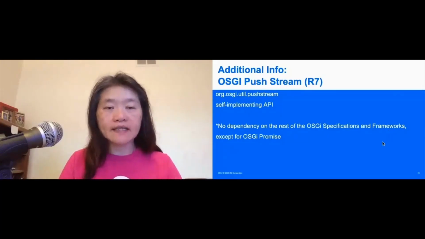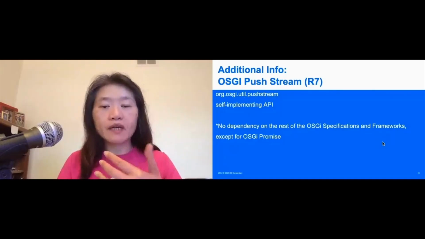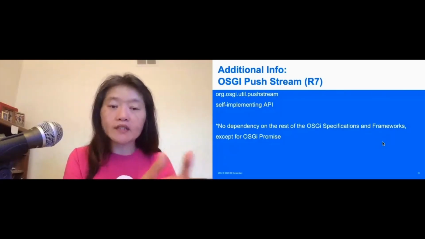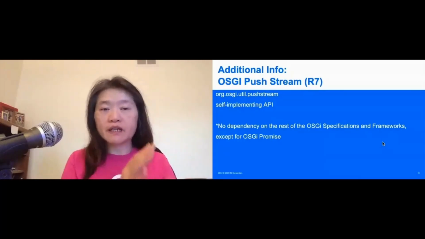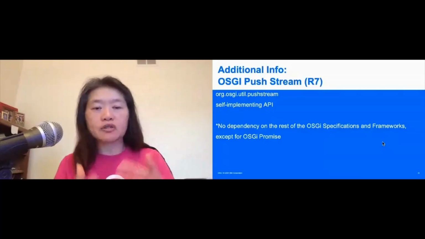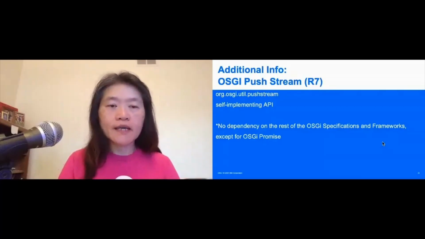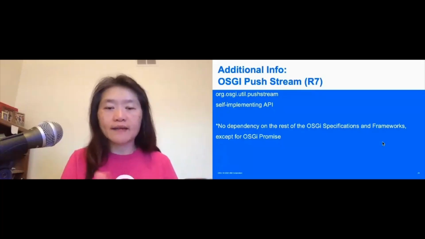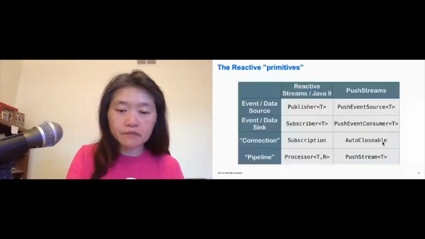The nice thing is that it relies on the OSGi Promise framework, because they work hand in hand, and you're dealing with data that will be generated in the future. You can use it independently of other OSGi specifications and frameworks too.